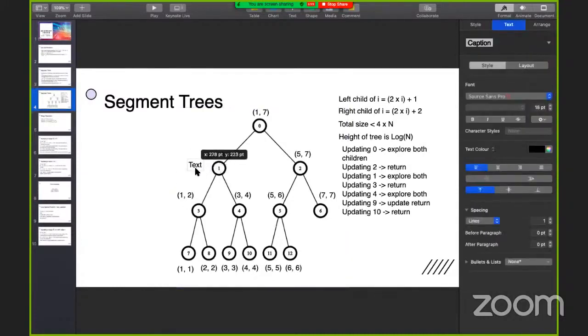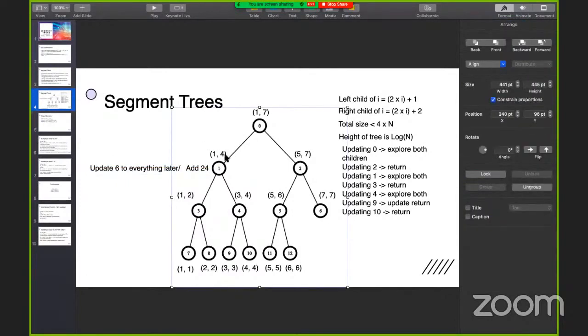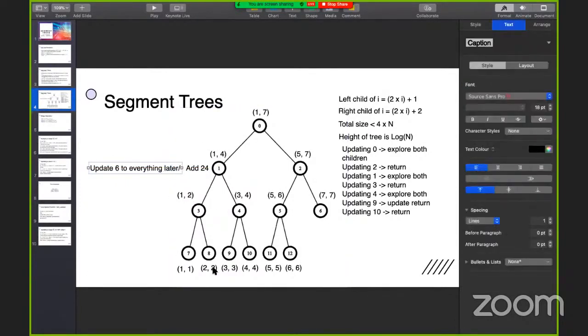So we add 24, and we mark it: update 6 to everything later. Which means that we don't want to do it right now. It's not necessary. We've added 24 over here, but we'll update this entire subtree later. We don't even need them right now.